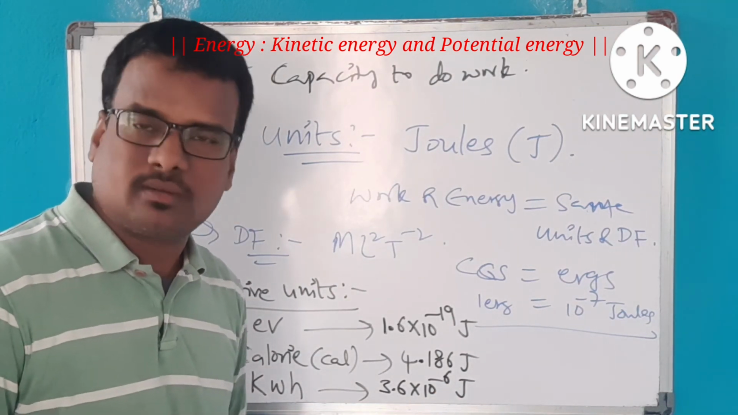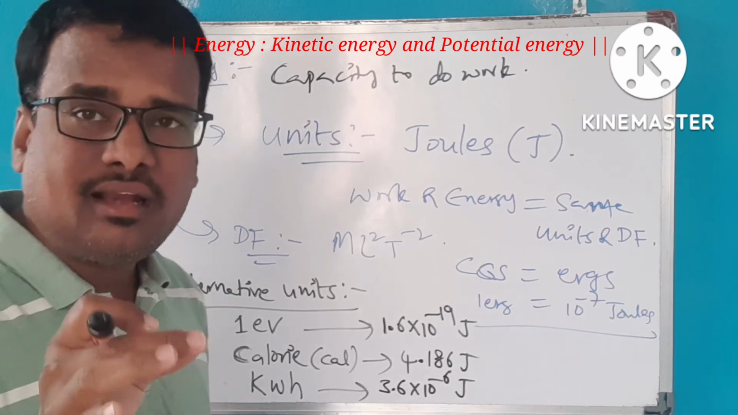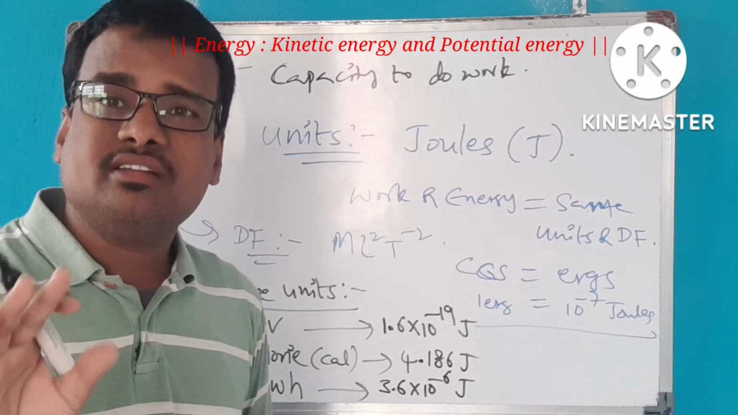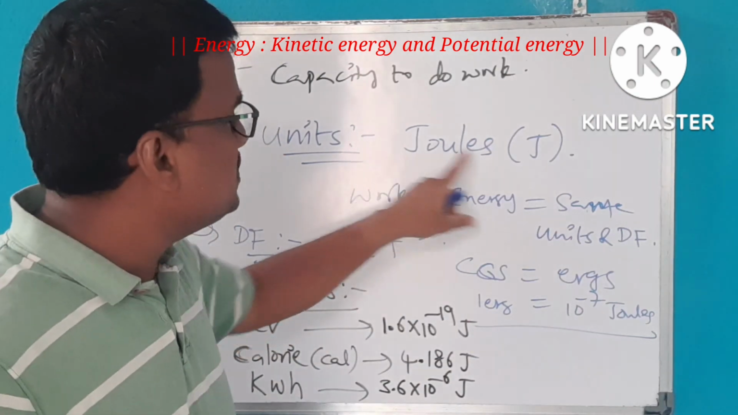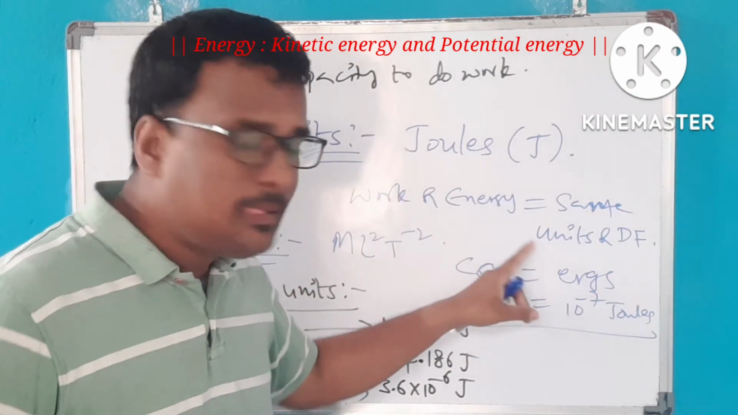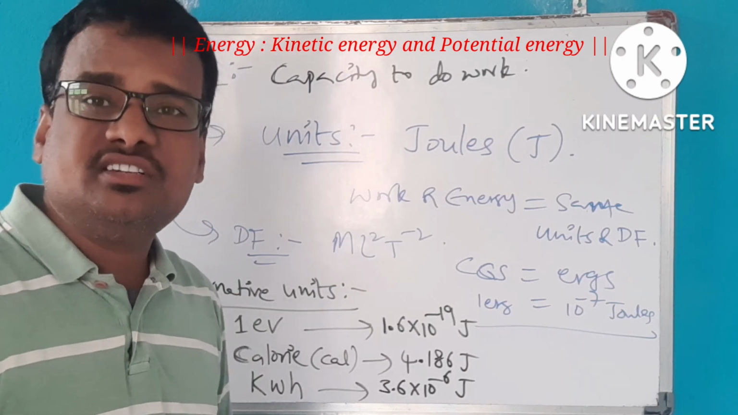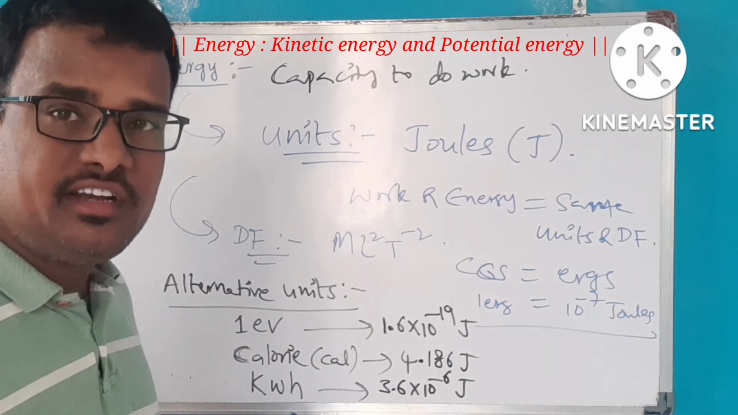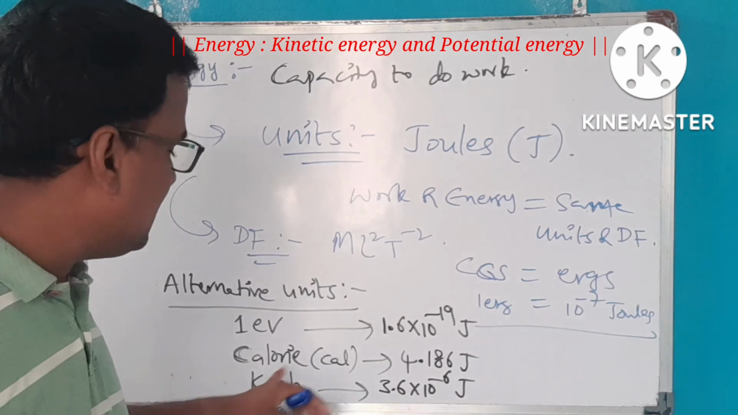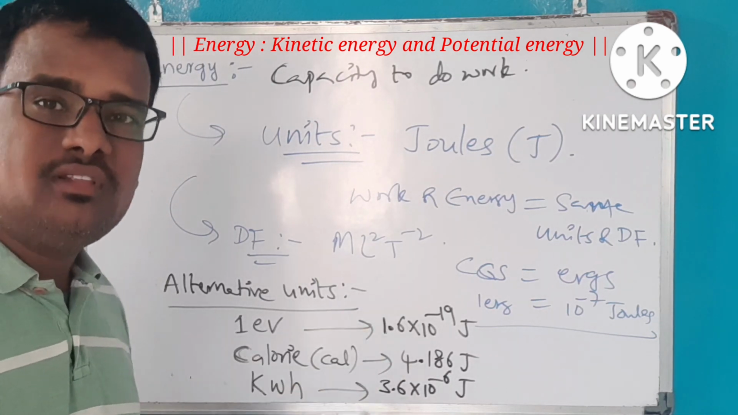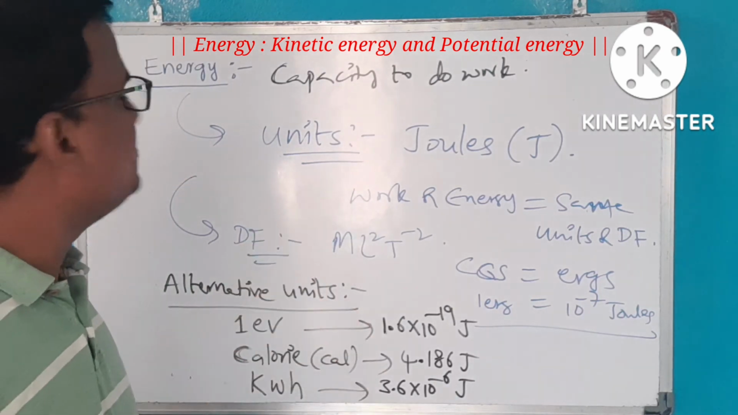6 joules. Finally you must remember that work and energy both have the same units and the same dimensional formula. Those are joules as SI units, and CGS units are ergs. Additionally, energy also has three alternative units: electron volts, calorie and kilowatt hour. All these three units we can use for different purposes. So this is about